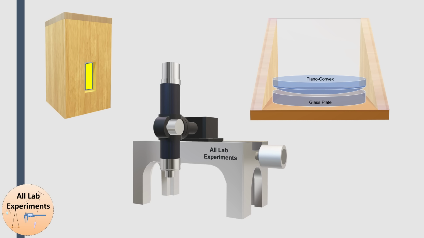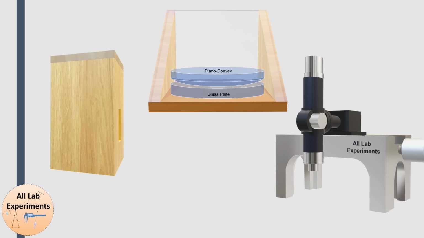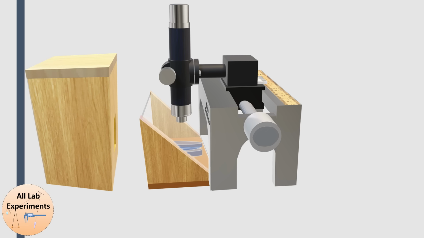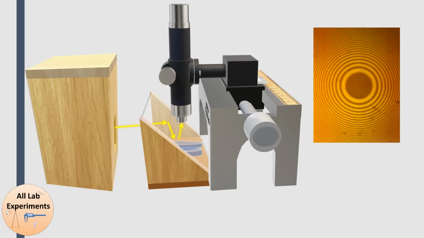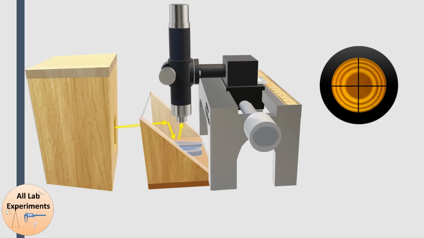So now we can start this experiment. Let us rearrange our apparatus and place them in such a way that the yellow light comes out from the window of the wooden box, which is then reflected by the glass of the wooden structure, and the reflected light from the glass plates goes to the telescope. In fact, this is a normal incidence, but just for understanding purposes, I am showing this at some angle. So finally, we will observe a pattern like this. So this is our Newton ring. If we look from the eyepiece of this telescope, it will look something like this.